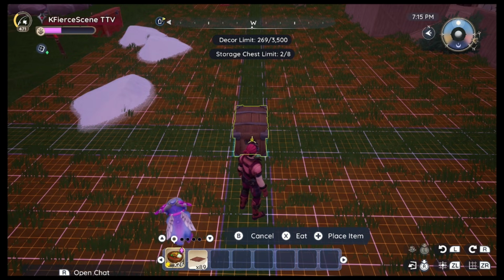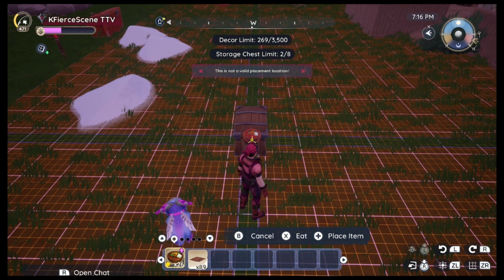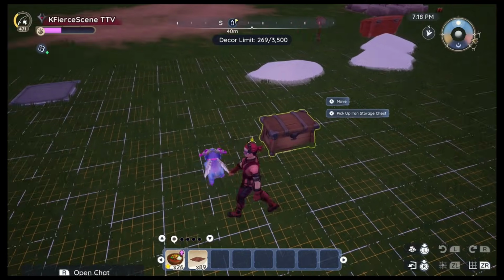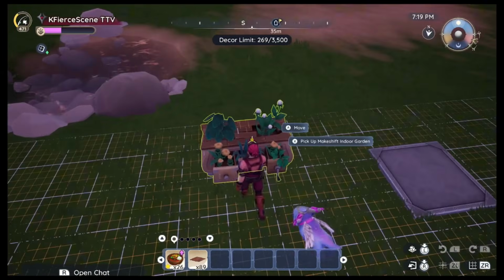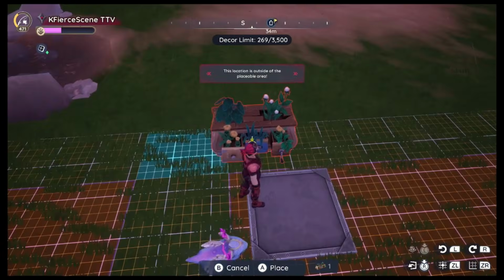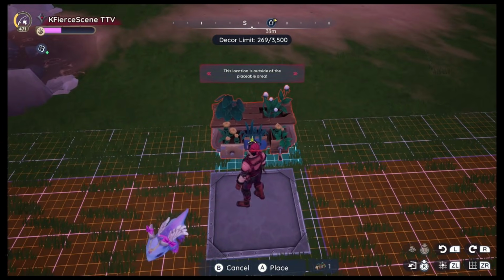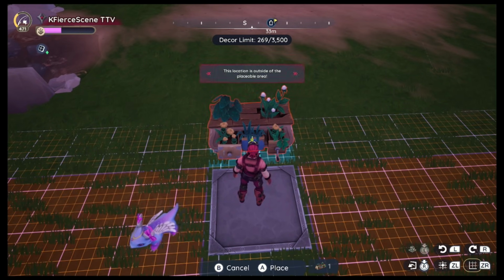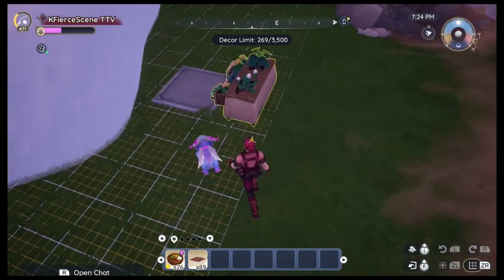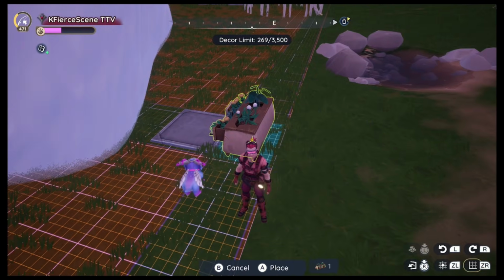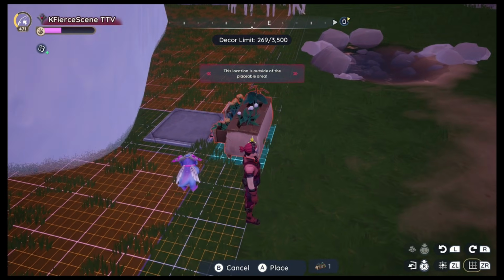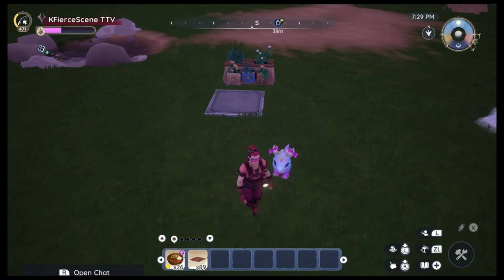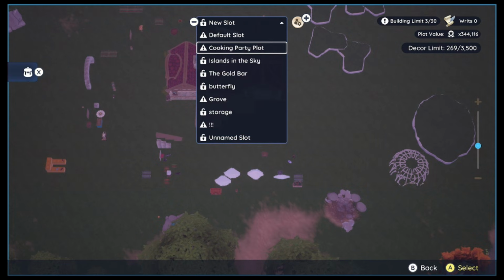I'm going to use the star food, press the plus button, and then I'm going to press the B button, just like we did with the other trick. Now, we're not going to touch this. This is going to be left right here. What we're now going to do is we're going to pick this up, and I'm going to try to get it lined up just right so that it goes exactly where I want it to go. There we go. So now that we have that into place,